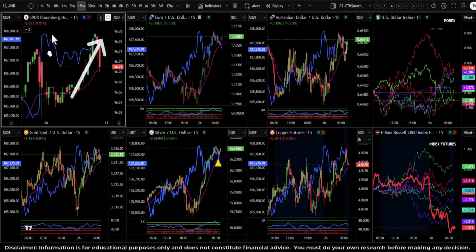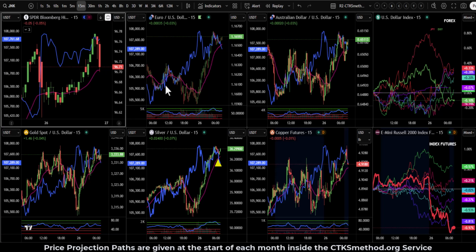We saw that junk bonds did a bit of a push up and then a pull back. We know that everything is structurally related. Let's have a look at junk bonds on a deeper level because it's really, really important. Junk is pretty much the opposite of the VIX. When we look at gold, we saw that gold dipped and then has come back to where it was. It's currently trading at 33.33.